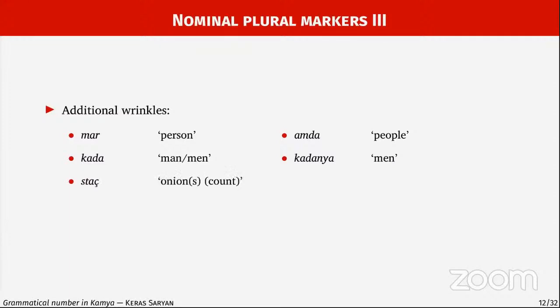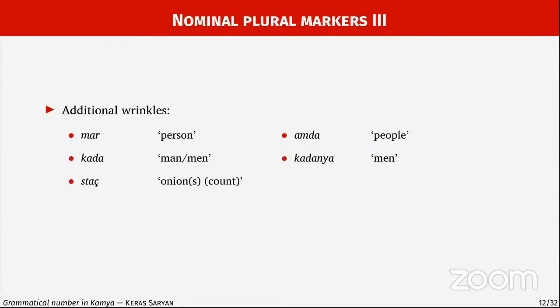And then there's a few more kind of wrinkles in the system. So, for example, the noun mar, person, has the suppletive plural amda. And then the noun gara, man or men, doesn't take the regular plural suffix, but has the plural form kadanya instead. And then we have cases like stach,